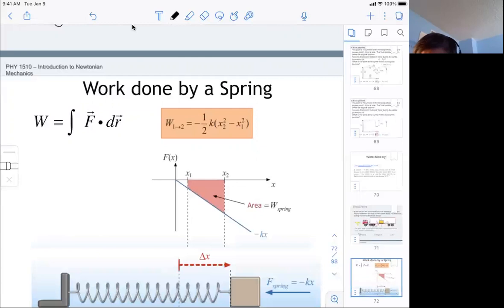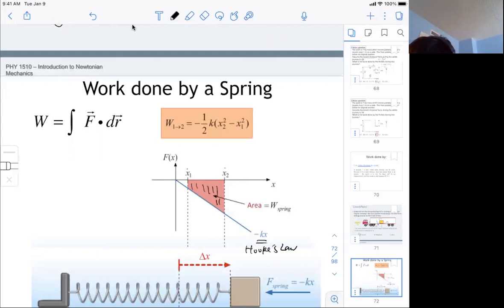This is a little bit harder to do, as we do have to do the integral now, because the spring force is a variable that changes with how much your spring is being compressed, right? So for example, let's calculate this using the area under the curve method. So the force is negative kx, that's given by Hooke's law. You still remember Hooke's law, right? So the force is always in the opposite direction of your displacement. So you have a line that's below the x-axis. So from x1 to x2, to look at this area under the curve,